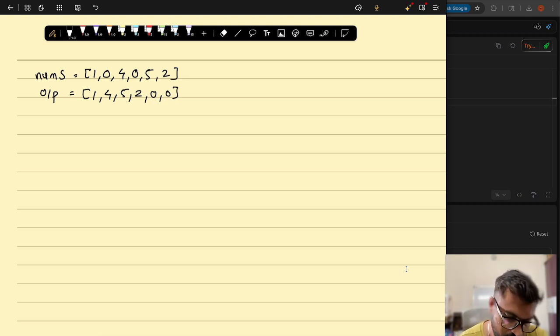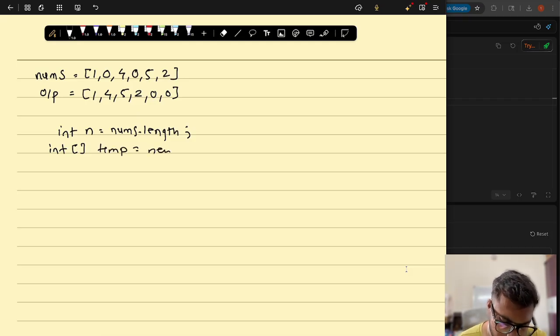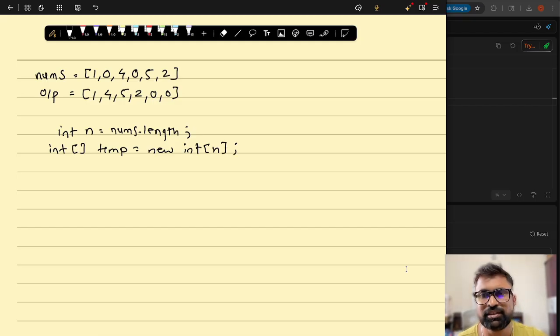This is our expected output. So how will we do it? Let's take one variable for the size of the nums. So int n equal to nums dot length. This is how you get the length of the array, right? Now we'll take one temporary array, int temp equal to new int of n size, right? The same size we have taken because it will not exceed that,